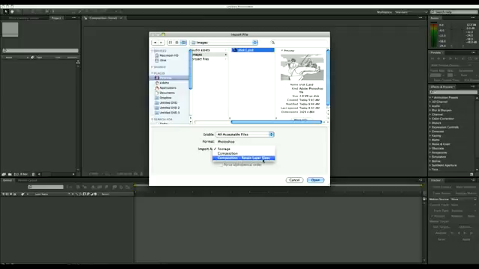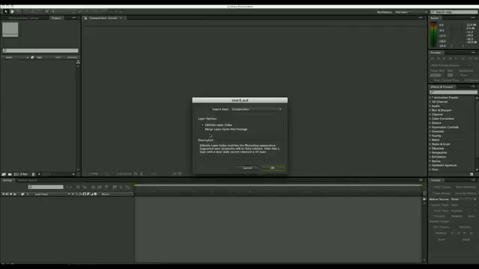If I do composition retain layer sizes, the individual layers in After Effects will be the size of the artwork that they contain. Right, so for right now, let's go ahead and go with import this as composition and select open. All right, I am just going to go ahead and merge my layer style